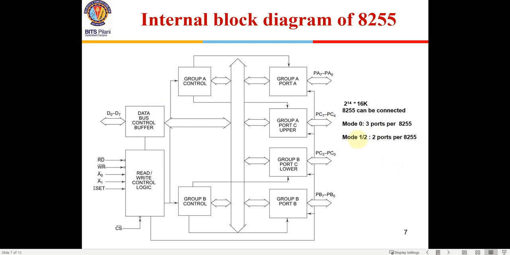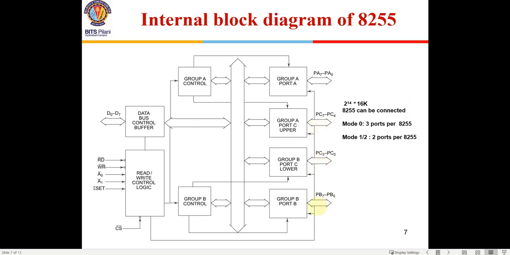So when we configure it for mode 1, instead of an 8 pin port, it will now act as a 12 pin port. So there will be 12 lines between 8255 and the input output port, out of which 8 pins will be used for data transfer, and the 4 pins will be used for handshaking signals, that is to send an interrupt signal and to receive an interrupt acknowledgement, and other handshaking signals which we will see, ready signal and things like that. Is it okay?